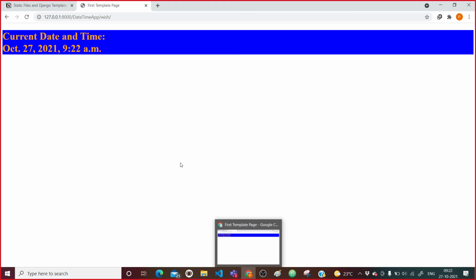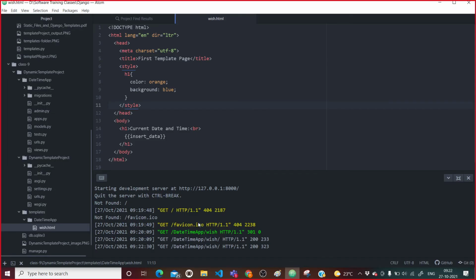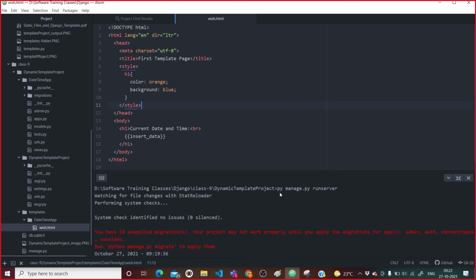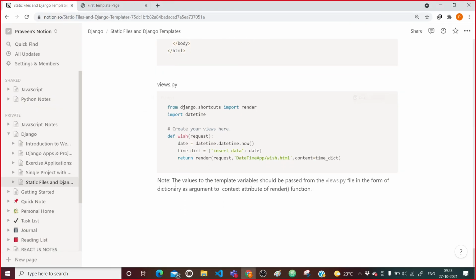So what I'm going to do, now we need to run it. Copy, coming here, finally we need to map the application.